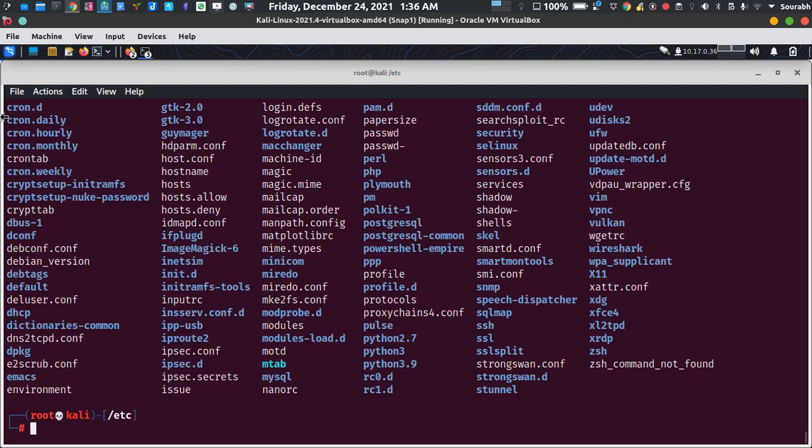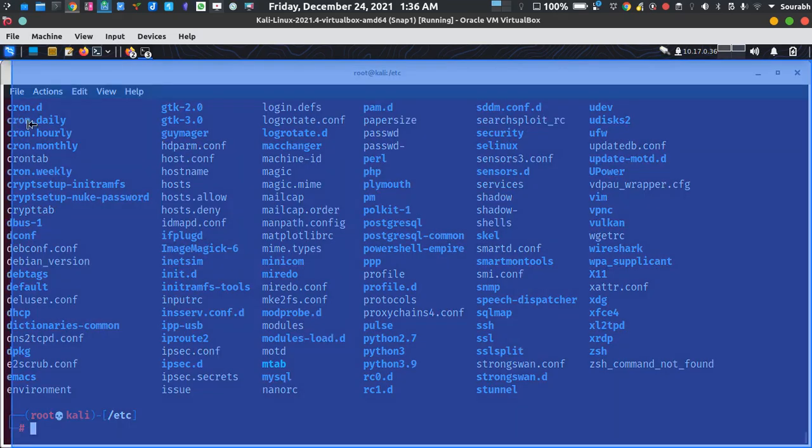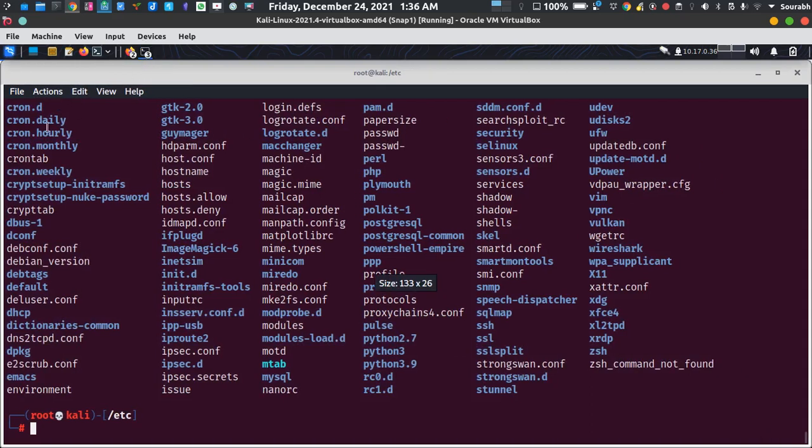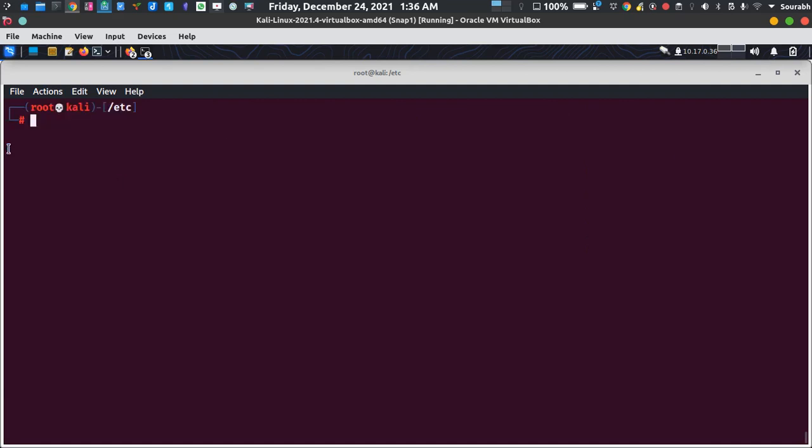So as you can see, I told you that it is stored on a daily basis, on an hourly basis, on a monthly basis. You can go to that particular directory and check if any kind of misconfiguration occurs on that particular directory or not, so you can pretty much catch that malfunction. Okay, now